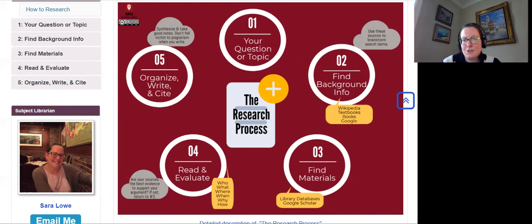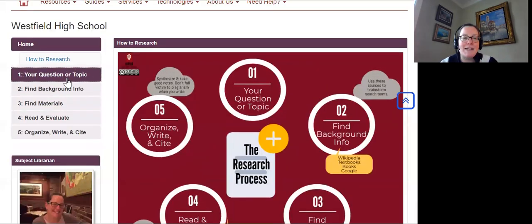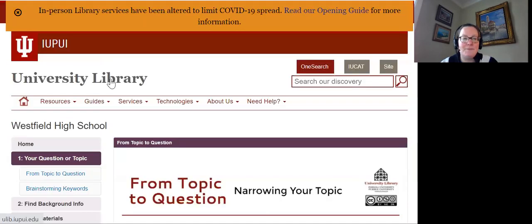For phrase searching, developing your search strategy is pretty straightforward. You simply put your topic or question in as a phrase, like you'd speak. Based on my topic from earlier, my phrase search would be gun control in the United States. For the second strategy, Boolean searching, we need to do a little bit more work. Going back to step 1 for a second,